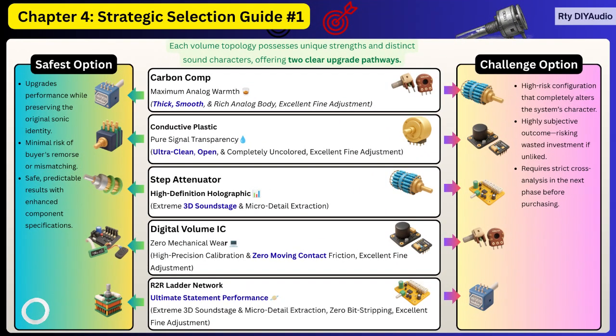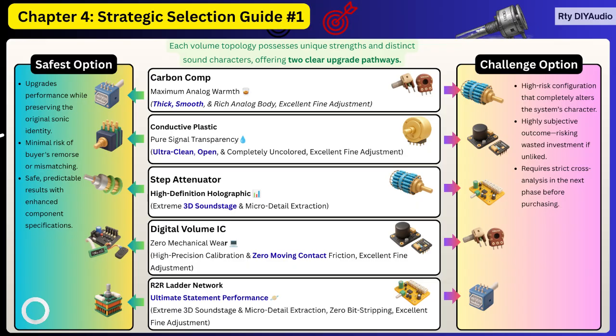Let's open Chapter 4 with our Strategic Selection Guide number 1. It is vital to realize that each volume architecture possesses unique electromechanical strengths and a distinct sound character. Because of these individual traits, your component upgrade pathway splits into 2 strategic choices. On the left is the safest option. Upgrading to a higher grade model within the exact same family enhances specifications and performance, while strictly preserving your system's